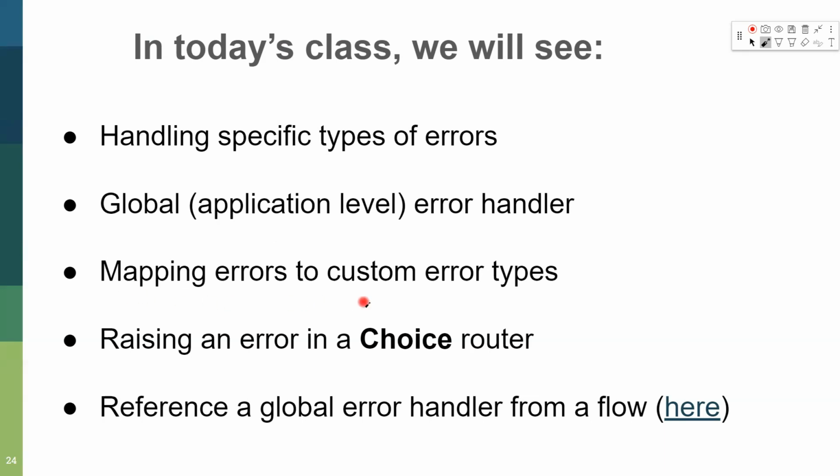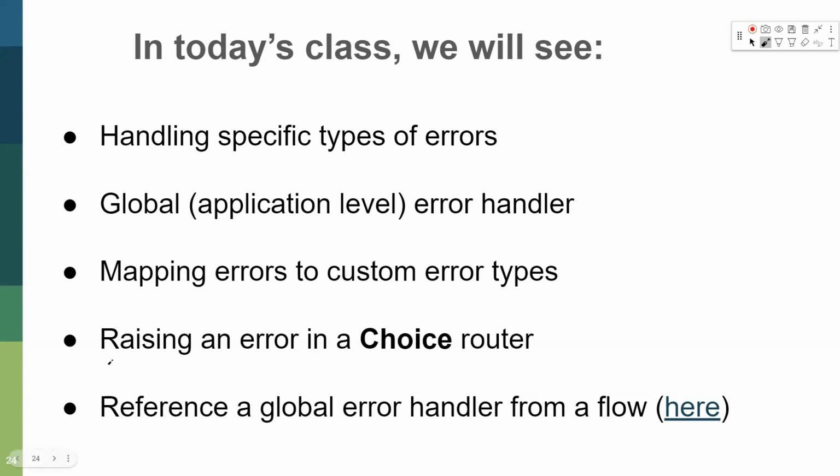The other one is mapping errors to custom error types. For example, if you are connecting to 3-4 databases and the error is just a connectivity issue, it will just tell you the error is DB connectivity. It will not tell you which connection failed. So you can map the errors to custom error types. If we are connecting to Postgres, you may add a custom message that says Postgres failed, and if MySQL is failing, the same thing. You can put a custom error description and error message. These ones are very minor things.